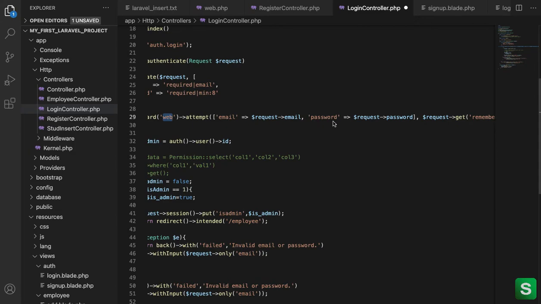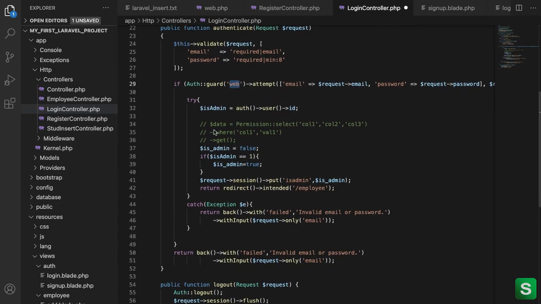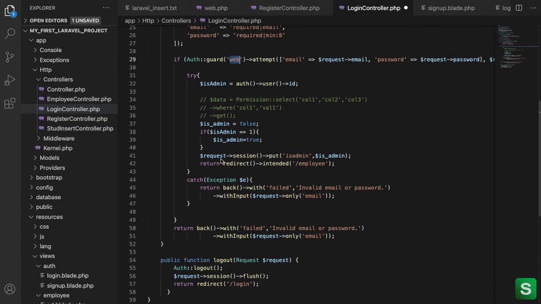Here the email and password are written like that, and if this condition is true, this code will execute. Nothing more here, actually we are just getting the ID of that user, and we can store it in our session, because many times in real projects we have to handle the session. And also we can run another query on another model to get some information like permissions and other things, to verify the correct permissions and correct users. And if we need, we can also put them in the sessions.